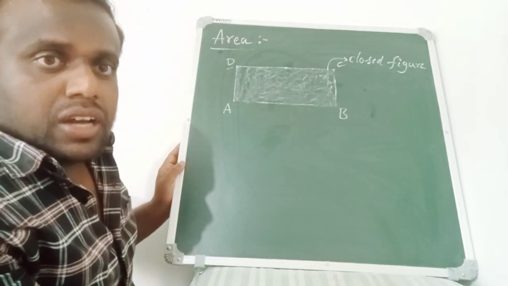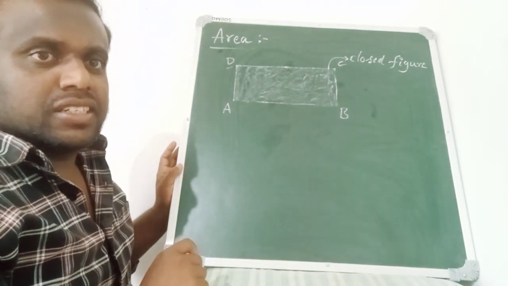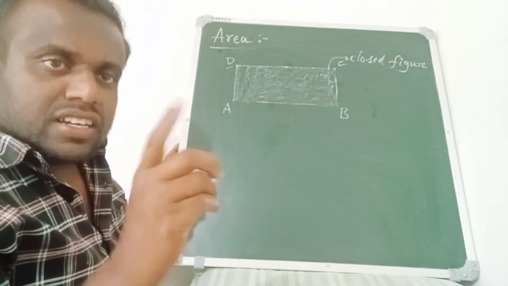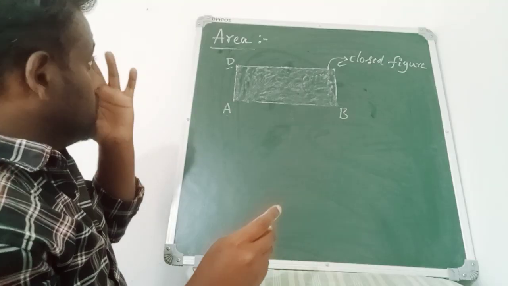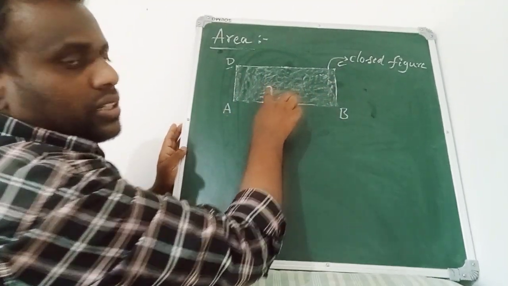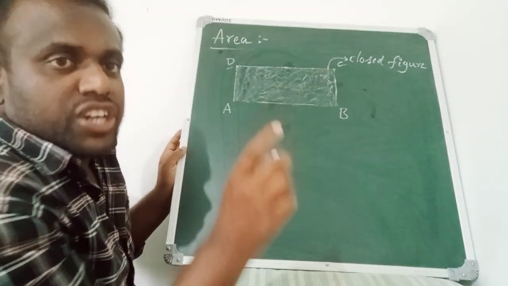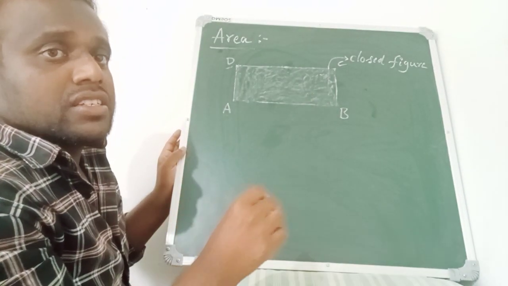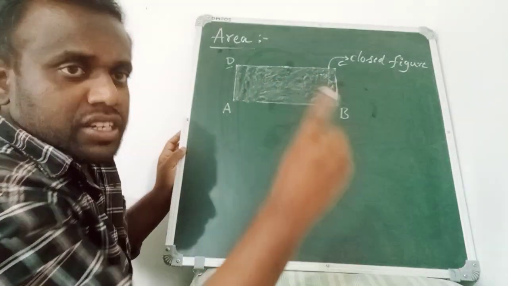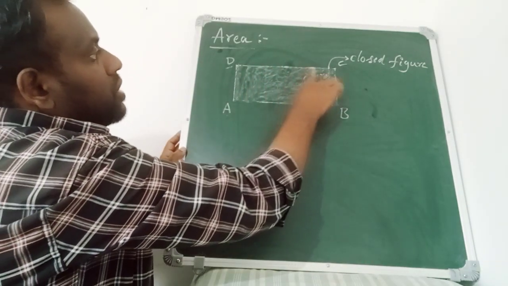How much is shaded? The amount. How much did I shade? What is the amount of the shaded region? That is the area. So the definition of area is the amount of the region. Amount of region means how much the region is shaded. Both are the same. So the amount of the region